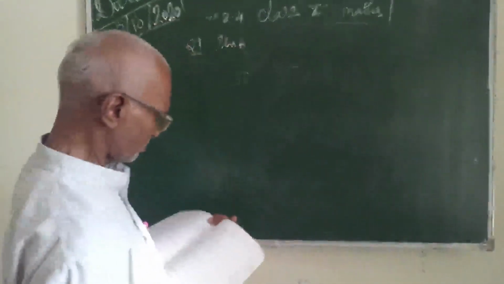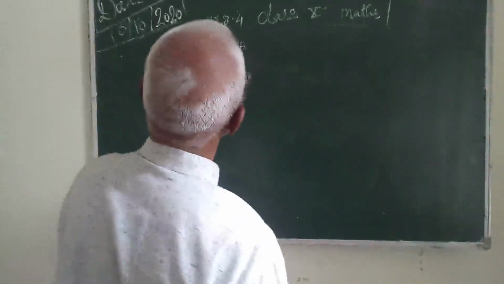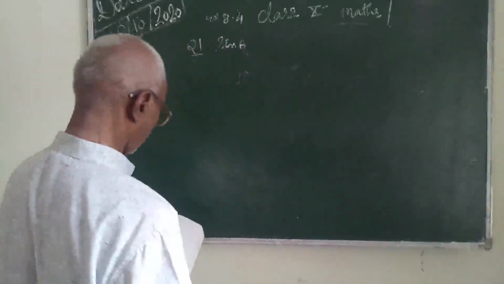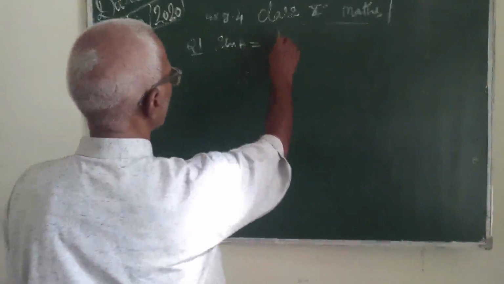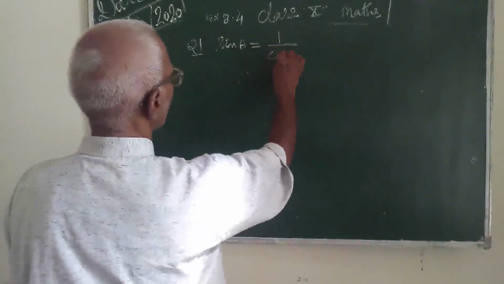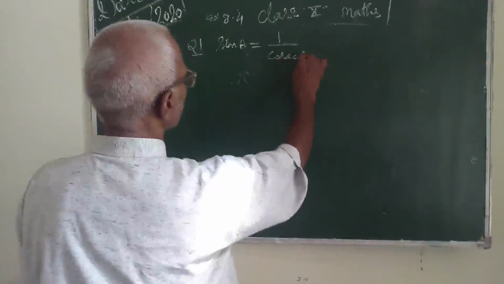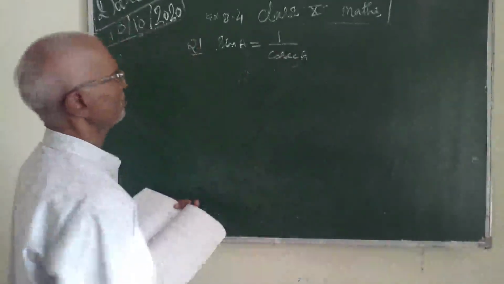So here sin A is given, and we have to represent it in terms of cot A. So sin A is 1 upon cosec A. Why am I doing this? Because cosec is the reverse of sin,